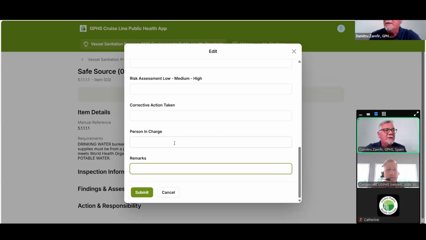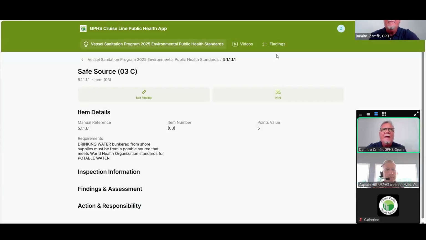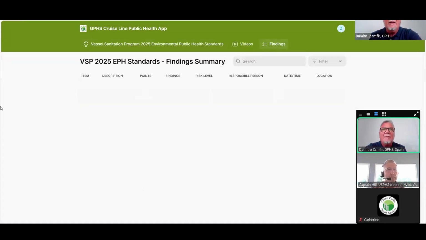If the ship was in port, was bunkering from a barge, or from a truck, or from the pier, you make your remarks as necessary here. Then the platform has a finding summary. Once you put findings inside, you can have them listed here by user. So more users can use the same platform at the same time. And you're going to find your findings listed here with the possibility to transfer them, to download them in various